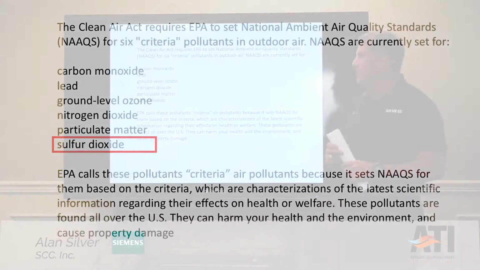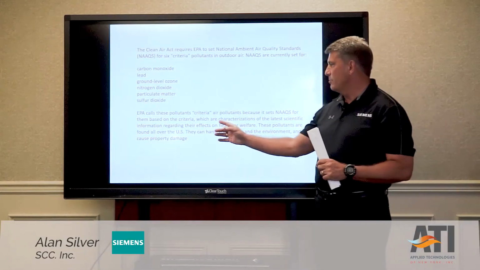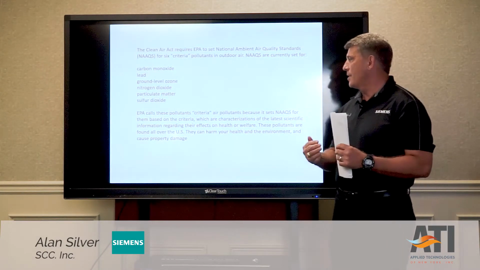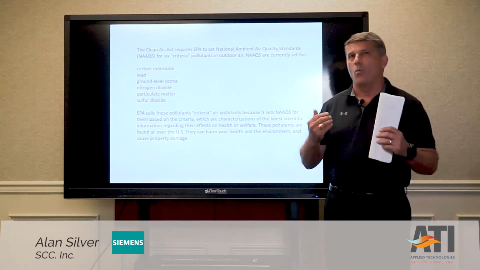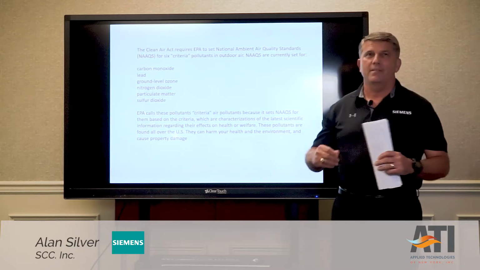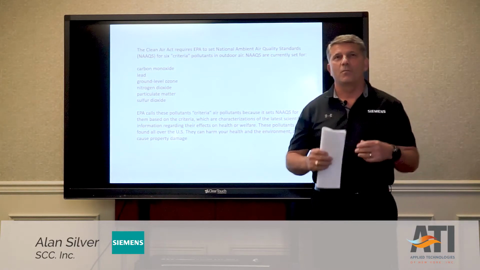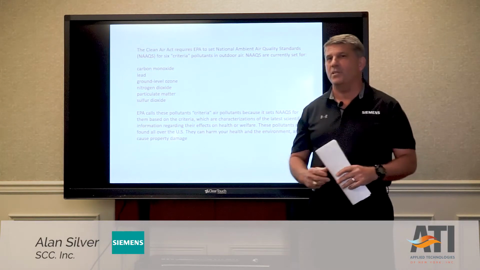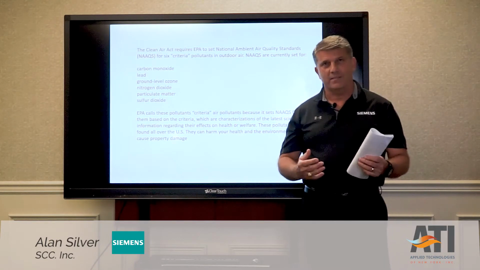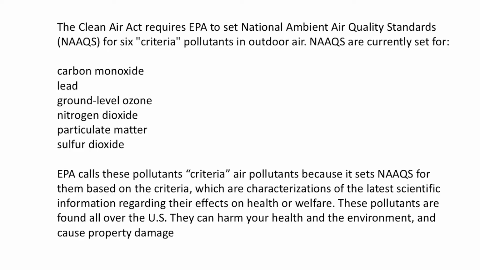All of these pollutants are called criteria pollutants because the EPA can set a limit based upon scientific knowledge on what effects these pollutants have on human health. Obviously, the government is required to protect us from foreign enemies and domestic enemies, and oftentimes they have to protect us from ourselves. So whenever we do burn natural gas and oil and other types of fossil fuels, these particulates need to be monitored to make sure that our health and our well-being is maintained.